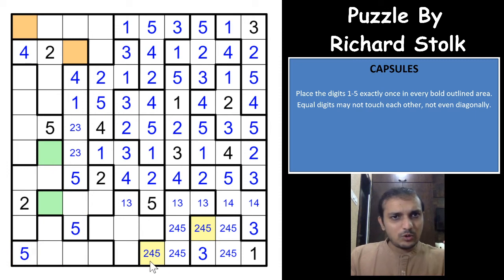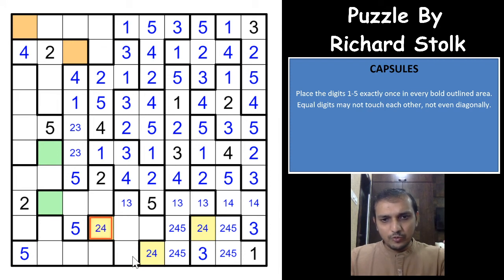And I see that one more logic, that's good. A logic with the yellow cell here. Whatever you have here cannot be here because both of these are different digits, right? Different candidates. So whatever you have in this yellow cell will have to be here, right? Which means that this yellow cell cannot be 5, and it would have to be only 2 and 4. So this is a 2, 4 here.